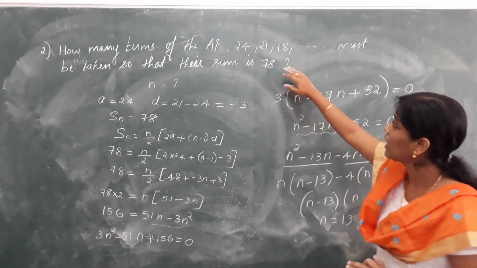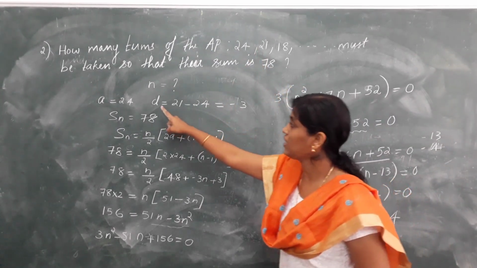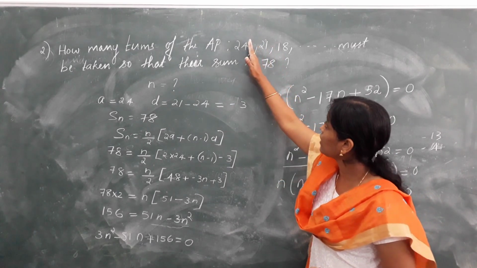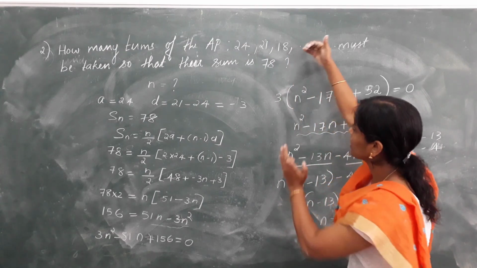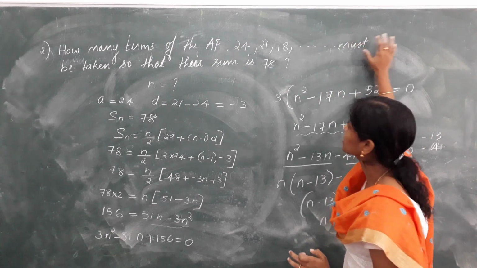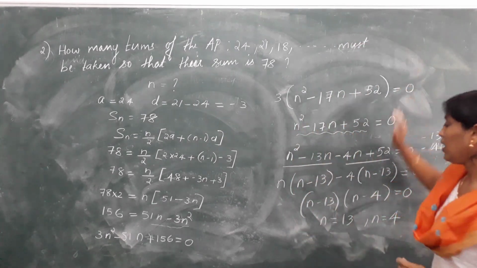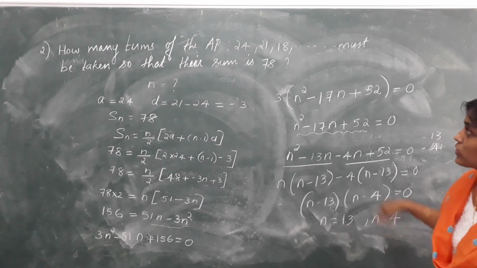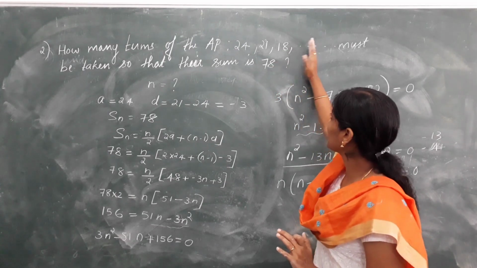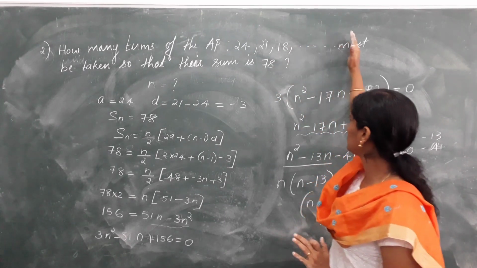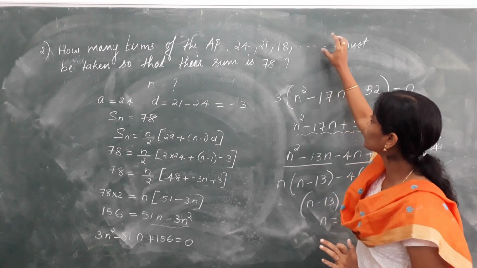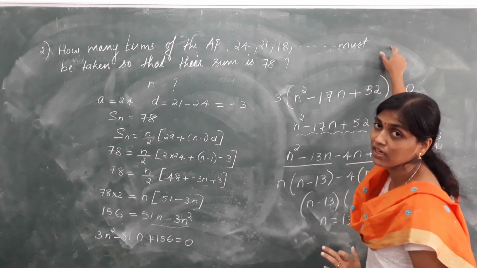It comes because here you can see you are getting the D value as negative. Since D value is negative, when we continue the AP, it is a decreasing AP, which means there can be negative terms in this AP after a few terms. That means we got here n is equal to 4. So taking 4 terms of the AP, you will get the sum as 78. Then automatically you will have a 5th term, 6th term and 7th term, which means you will have terms with negative signs afterwards.